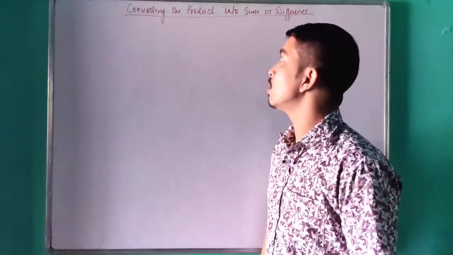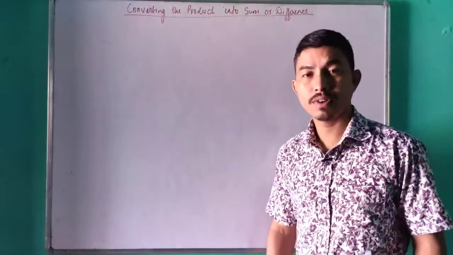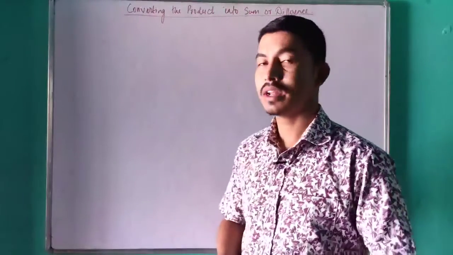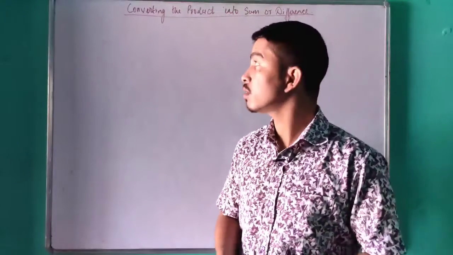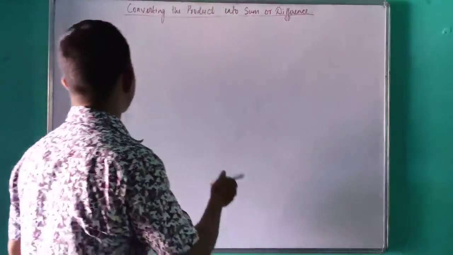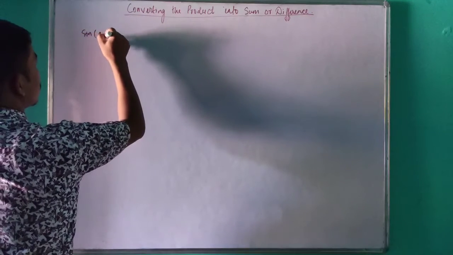Today we will be discussing converting the product into the sum or differences in the chapter of trigonometry. So I will derive the first formula, how this is done, and you will see the rest of it yourself from your book. Okay, so we have learned in the last class that sine of a plus b equals